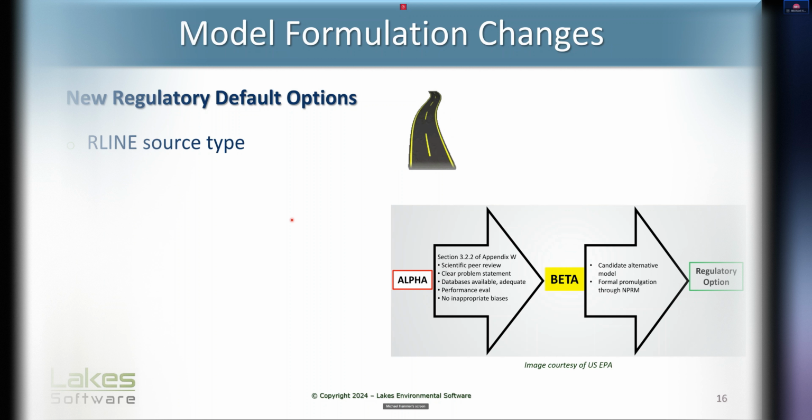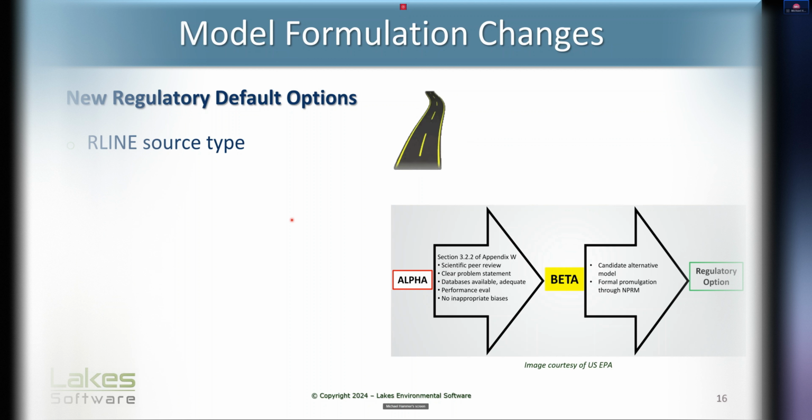R-line was developed for near surface releases with an emphasis on the near road environment. Having been brought into regulatory default mode, R-line also works with the urban dispersion coefficient and elevated terrain, but the US EPA will point out that the existing PM hotspot guidance for mobile source modeling continues to recommend the flat option be used. So you may still need to switch into non-default mode to utilize flat terrain according to that PM hotspot guidance